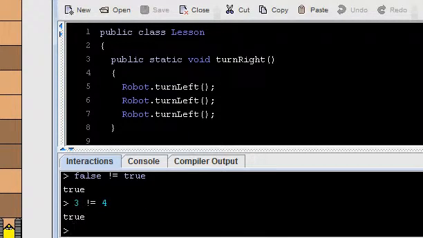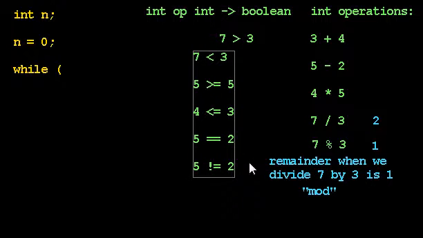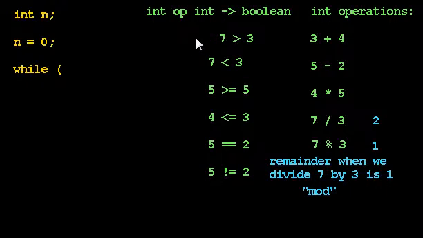So those are comparisons we can use on integers, but also on Boolean values and all sorts of other things. So 5 not equal to 2, and that would be true. I'm running out of room here. All right, so that gives a sense of the basic operations we might perform working with integers, and